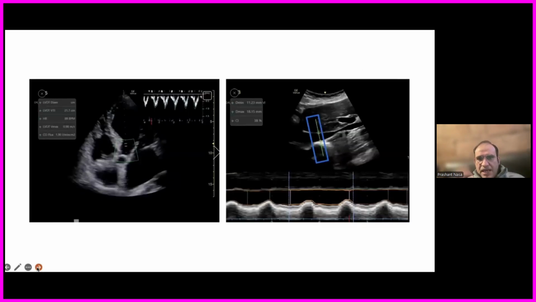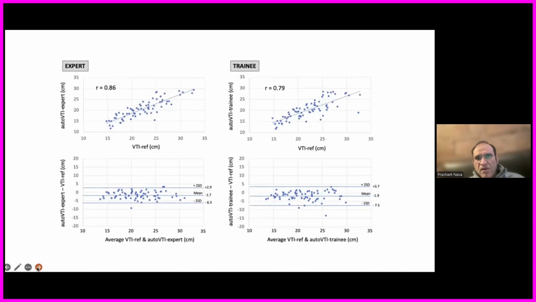What is a bigger challenge in calculating VTI is the inter-observer variability. Whenever we put up this probe, it is so operator dependent how this window is created by the operator, and that will determine whether the VTI being calculated is right or wrong. And there automation can help, where the color-coded, automated VTI calculation can guide whether the VTI we are calculating is right or not, and it also helps to improve the VTI calculated by the operator. So what they found by using this automated VTI is that it works better whether it is used by an expert or a trainee.